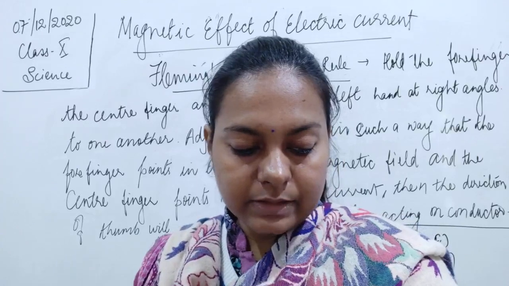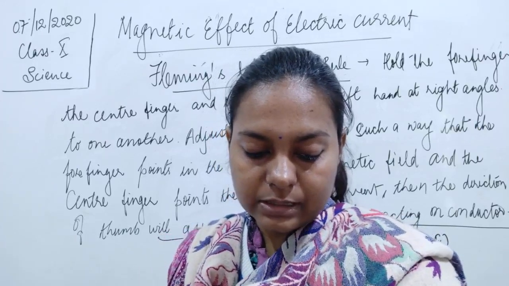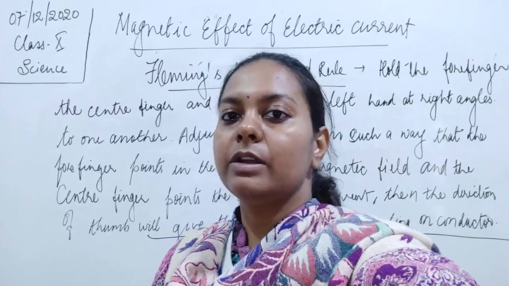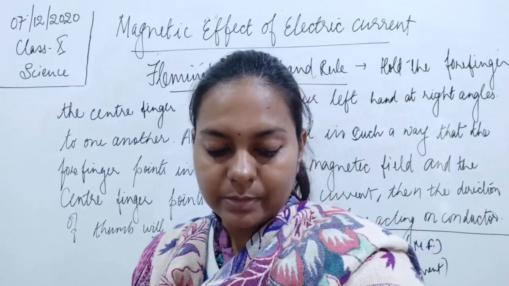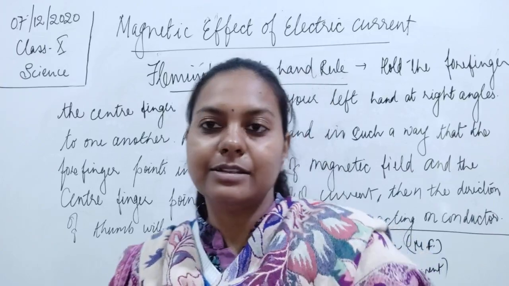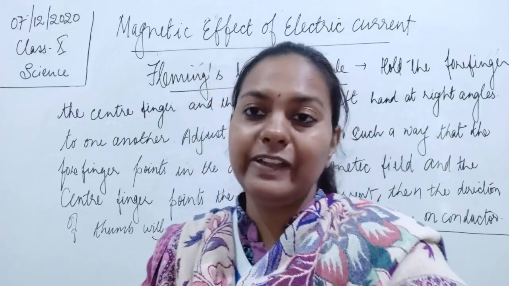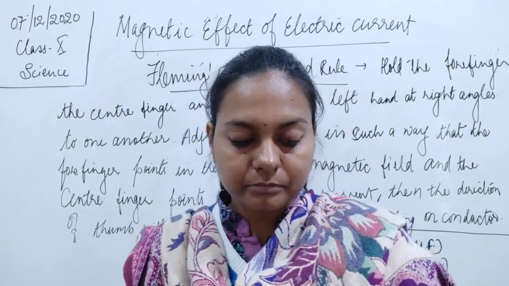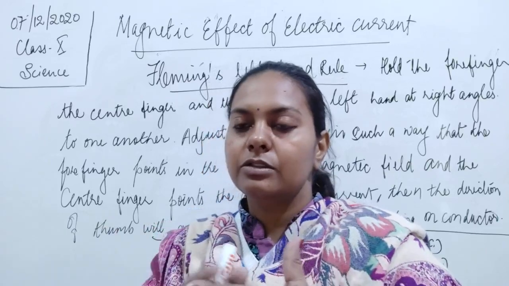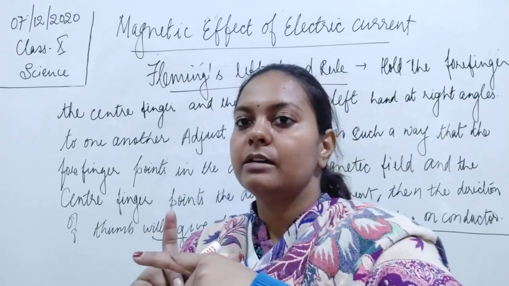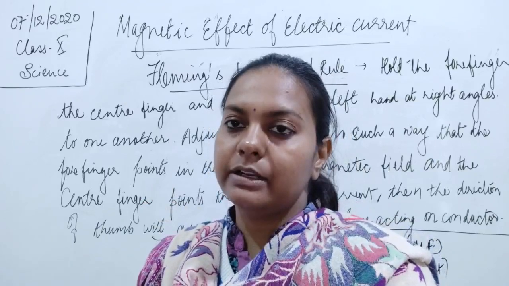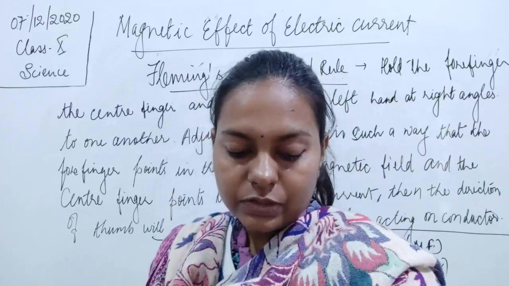We should always represent the magnetic field with the forefinger, and field starts with the same letter, that is F. You can learn this also. There is one trick given in your book also. If you know this trick, you can always remember. So forefinger always contains F as a letter, so the forefinger always directs the field. The center finger is always representing the current, and current starts with C. ठीक है, तो forefinger से हो जाएगा field, center finger current, C, and thumb is always providing the direction of the motion, that is M. Okay, so this is how you can learn.